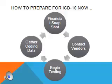Providers should begin documenting patient encounters as if ICD-10 is already in place. You should also start testing ICD-10 claims to ensure that your coding and documentation are working properly for ICD-10. So begin testing now and make sure that your documentation falls into the guidelines that it needs to properly code